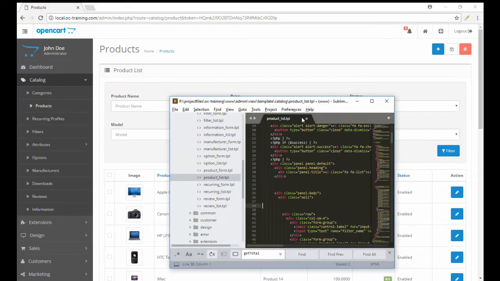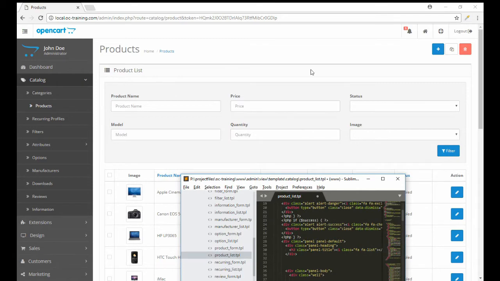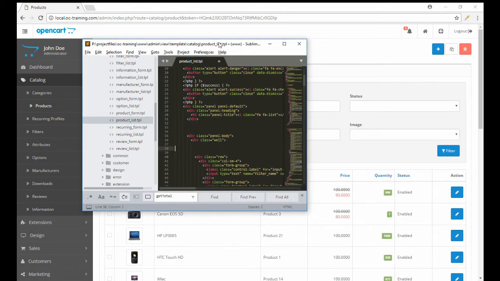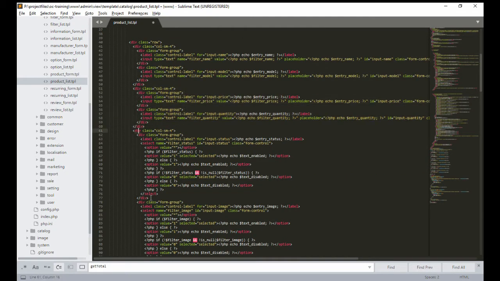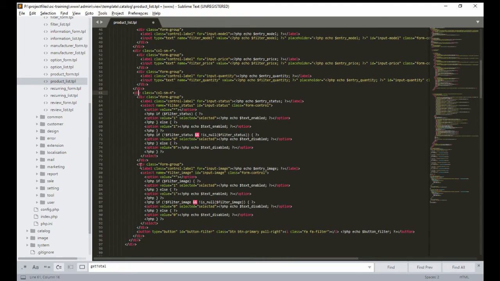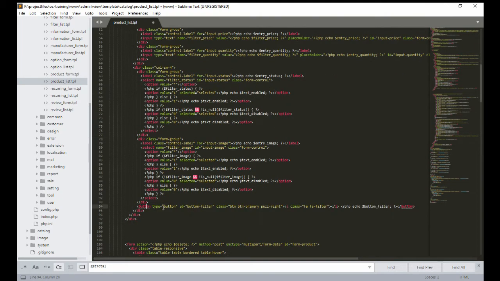So I'm going to pull this to the side. You can see we have 3 columns. Standard Bootstrap. We've got a row, we have a column there, we have a column there, we have a column there. And there's our button. So what we want to do is, before the button,